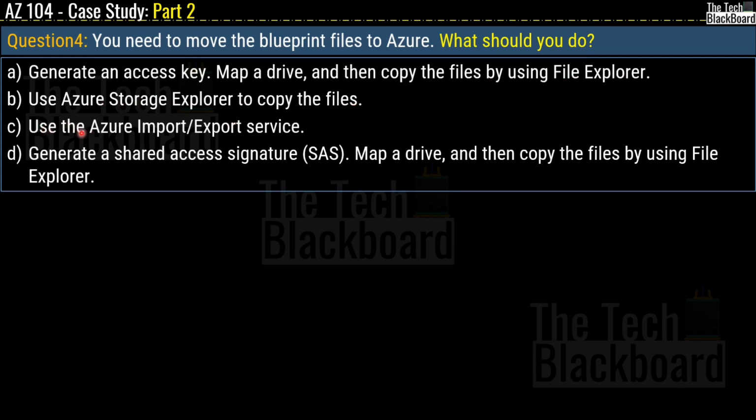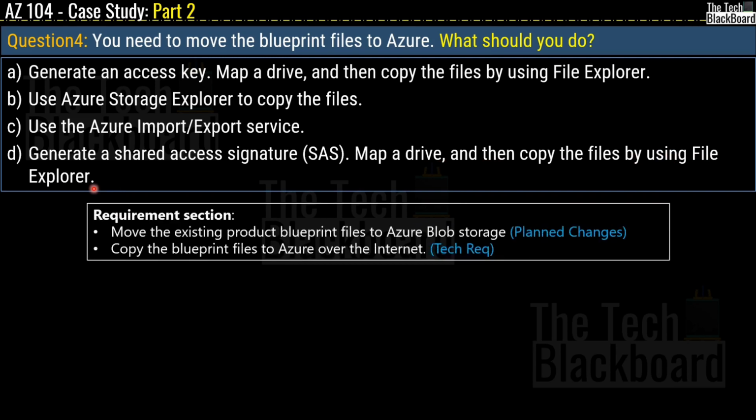The third one is use the Azure Import Export service. Fourth one is generate a shared access signature, also known as SAS, map a drive and then copy the files by using File Explorer. And as always, first let me reveal the requirement section that we are trying to fulfill